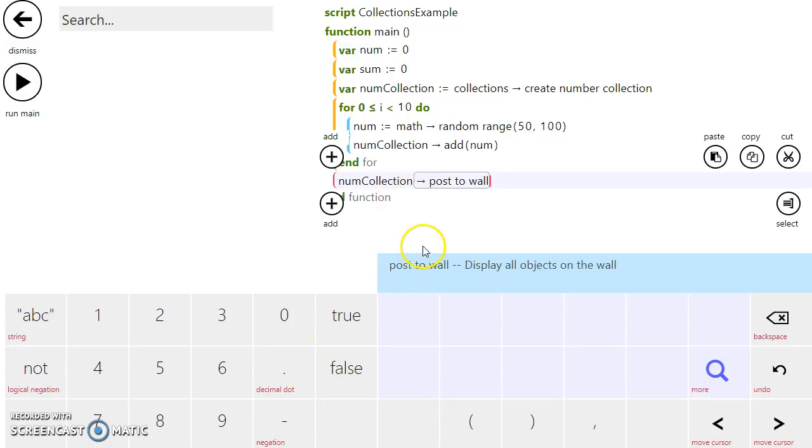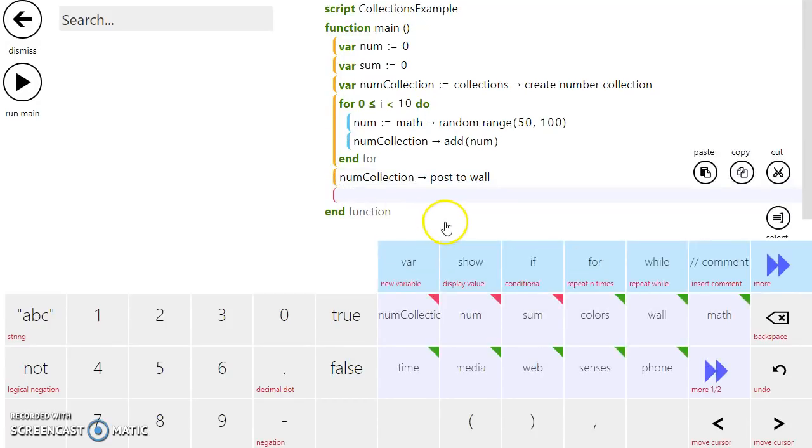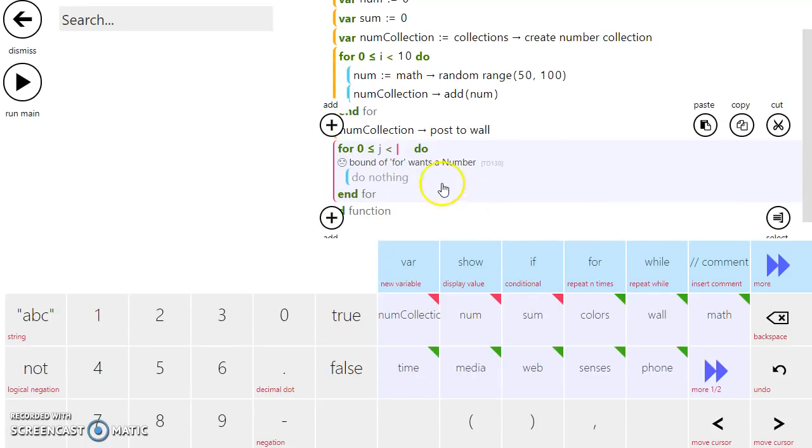So now let's calculate the average of all the random numbers in this number collection. To do that, we're averaging 10 numbers, so we're going to actually sum up all the values first. So I'm going to use a loop to do that. So I'll add a line of code. We're going to add a for loop here, and instead of saying yes,